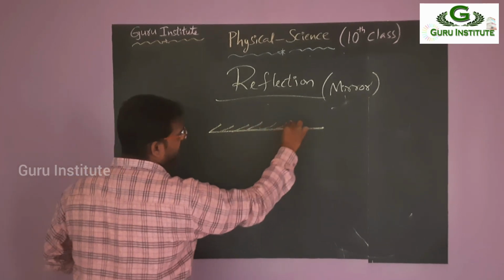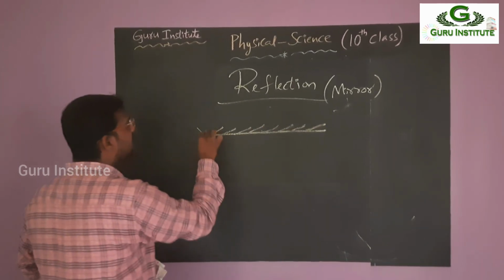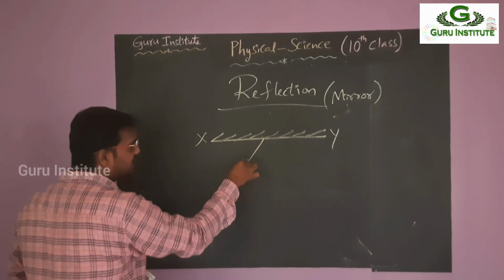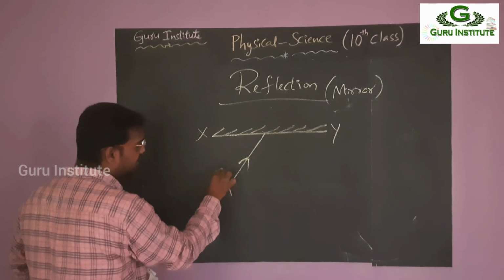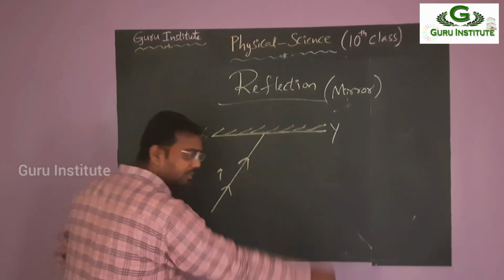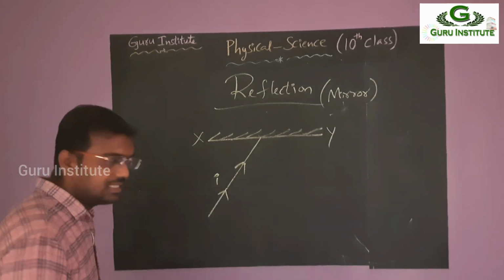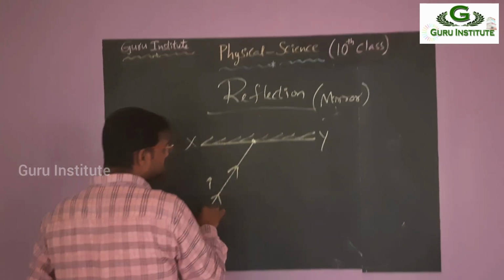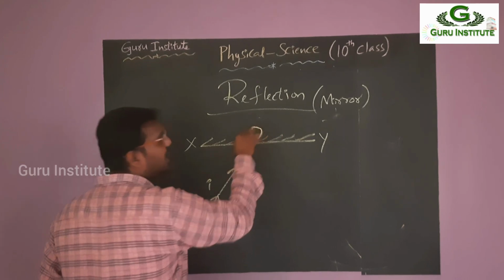Plane first of all. That means mirror. Name it first. Then take the incident ray. Name this also. Then what will happen? It is falling and returns back. But in the drawing case, you are taking this incident point primarily. So this is the incident ray, this is the incident point.